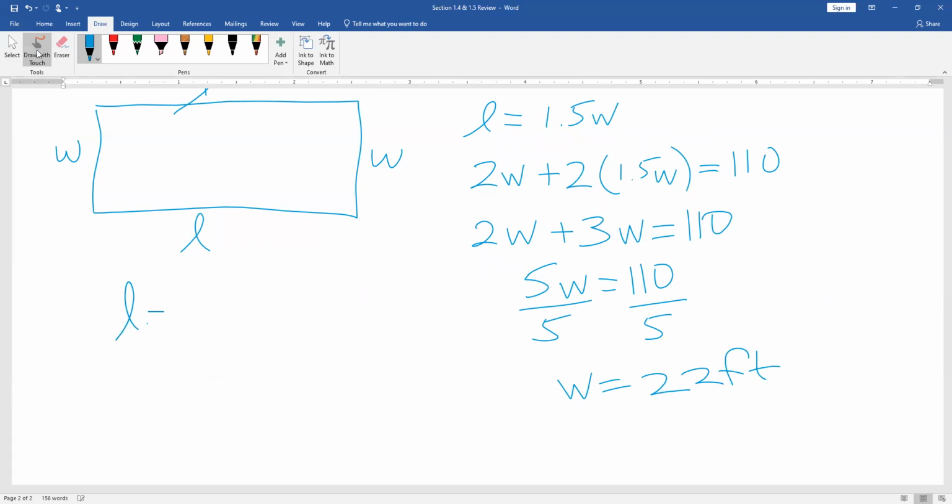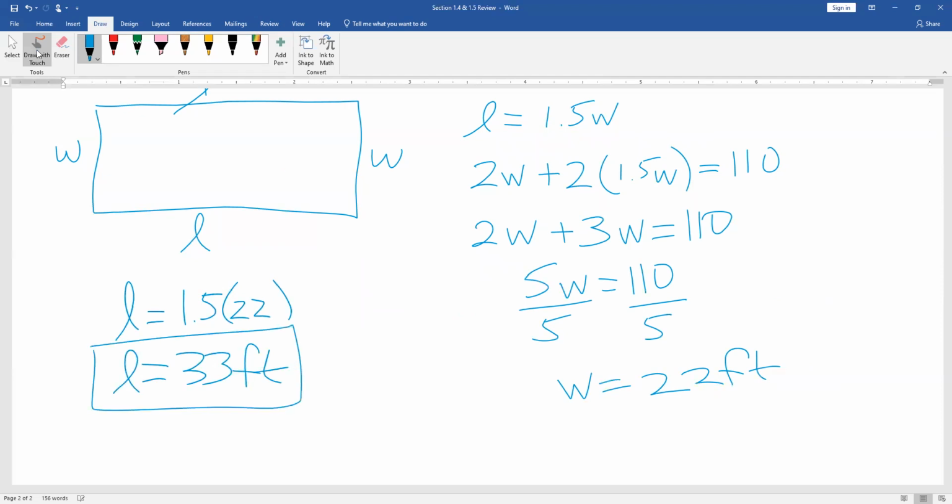And then the length is 1.5 times 22, which is 33. Just another half of that. So the length is 33 feet, the width is 22 feet. And that's it. Okay. Also, for those of you that were in class, I am going to go back and